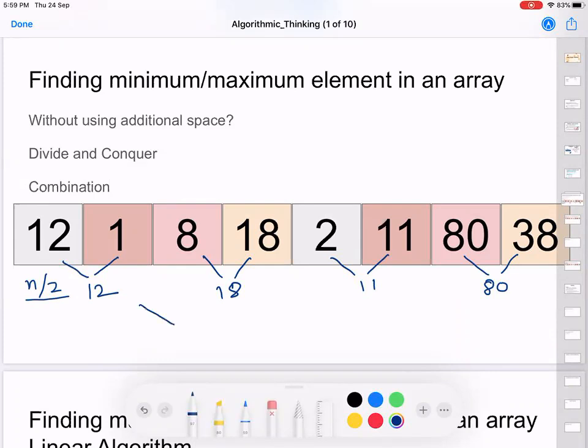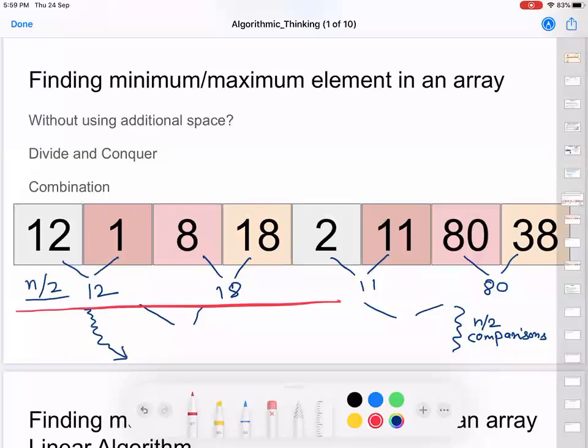It means that below this, when I'm performing this tournament algorithm, I'm going to have n by 2 comparisons after this particular step. So what can I do? Instead of going the tournament way after this step, for the first step, I can run it in this particular way, pairwise. And as the second step, I can just run a linear scan on these elements.